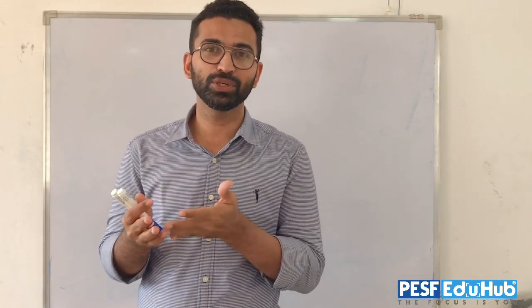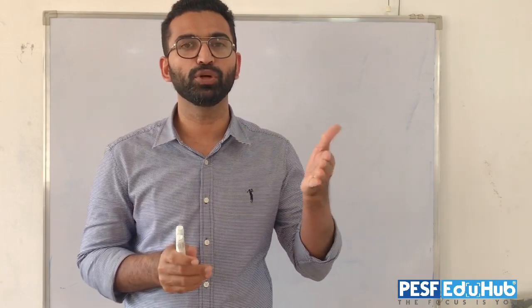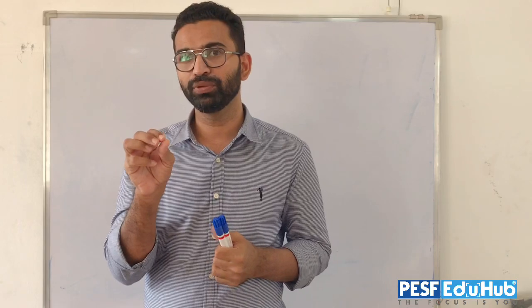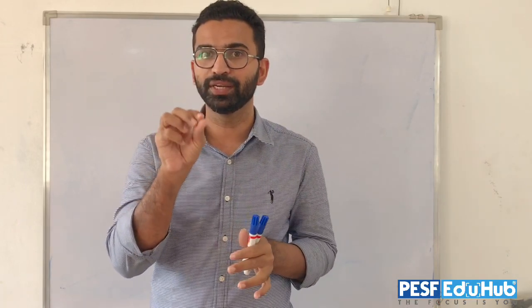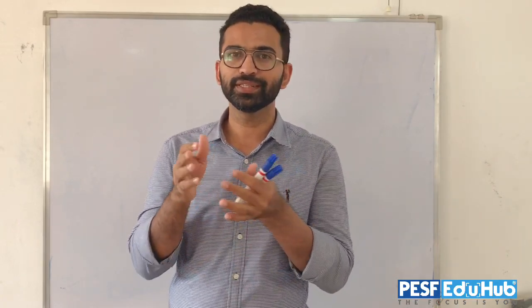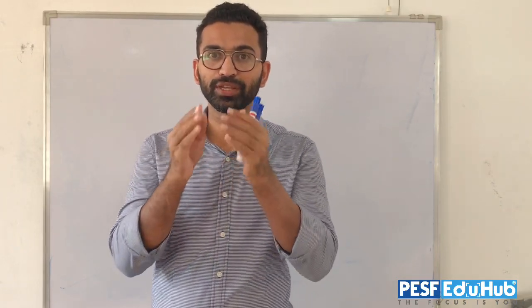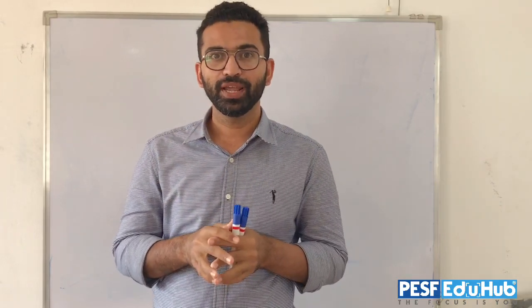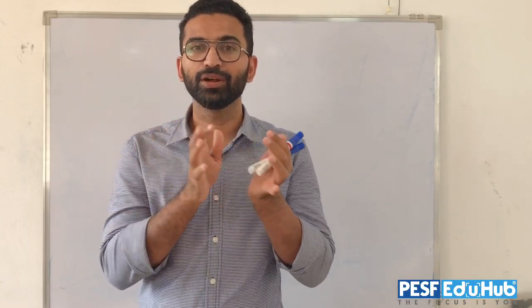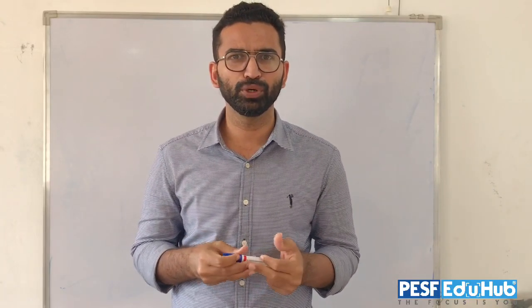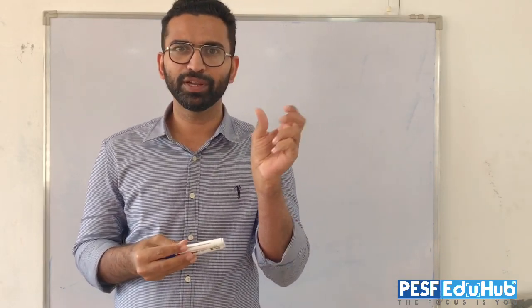In the case of zeros of the polynomial, you studied linear polynomials and quadratic polynomials. In the case of quadratic polynomials, you studied a particular method, the splitting the middle term method. That is one of the most important areas in this chapter. You should know how to split the middle term of the polynomial, how to factorize them and how to find the zeros. Then after calculating the zeros of the polynomial, we name them alpha and beta,